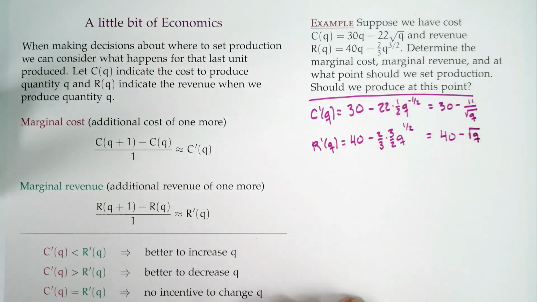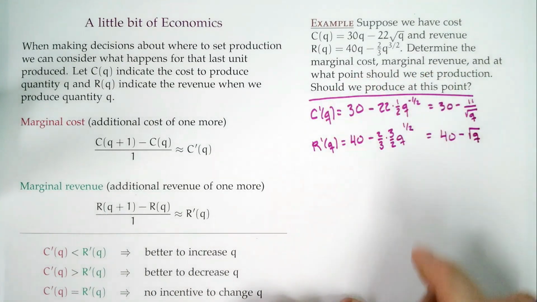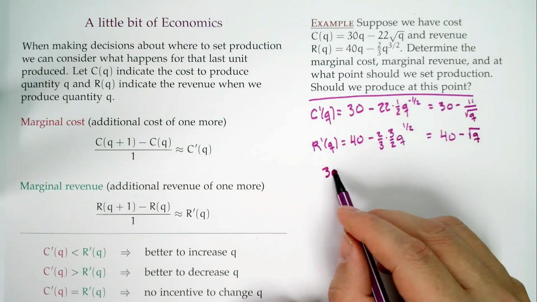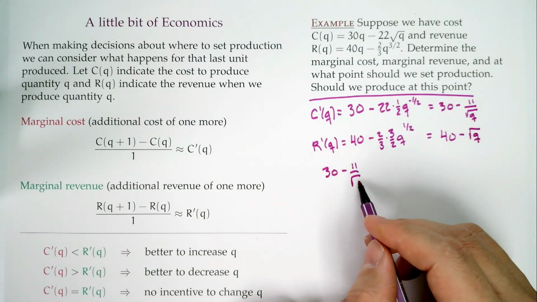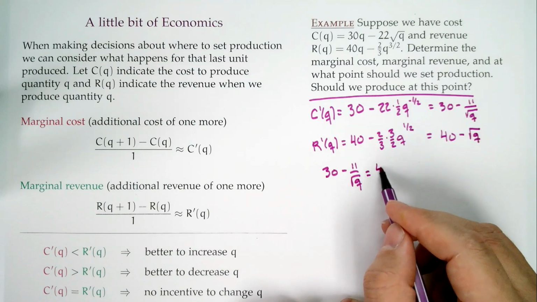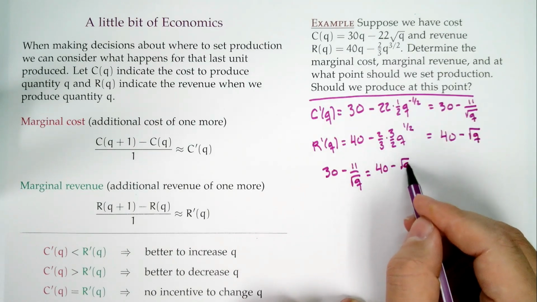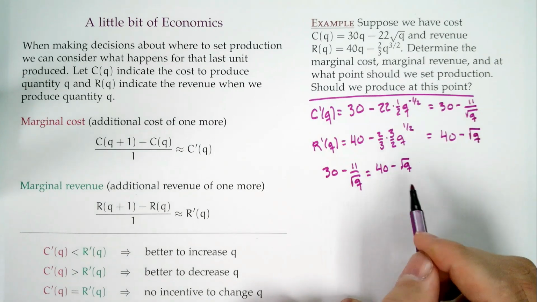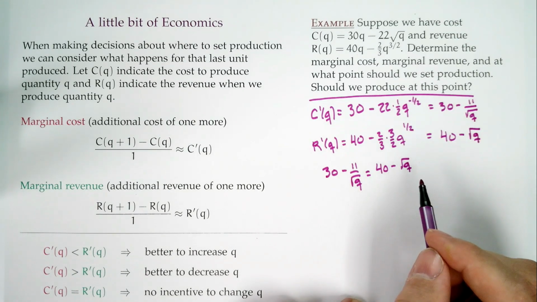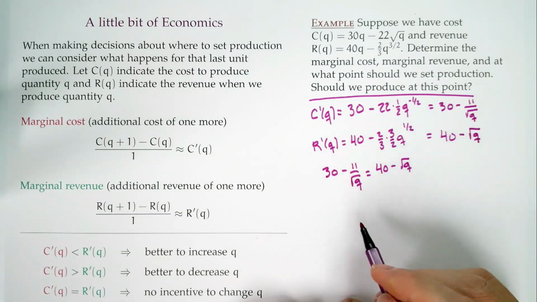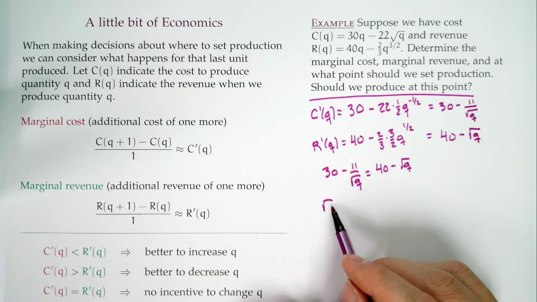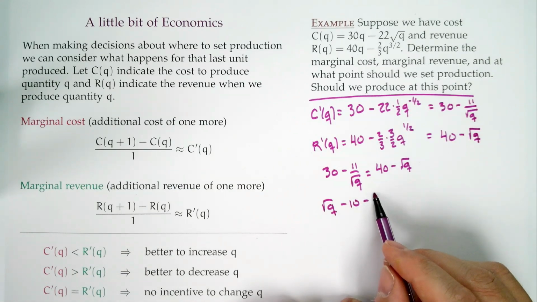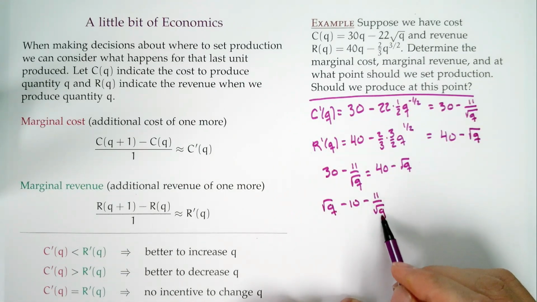All right, so that's the marginal cost, marginal revenue. Now, where do we set production? We need these things to be equal. 30 minus 11 over square root of Q, at best equal 40 minus square root of Q. So let's do what we often do. Let's move everything over to this side. So we get that the square root of Q minus 10 minus 11 over square root of Q equals